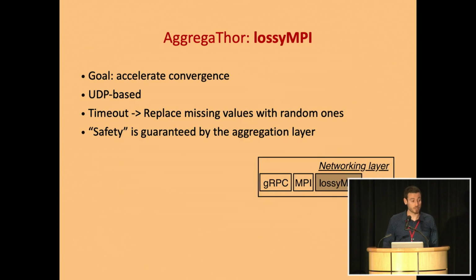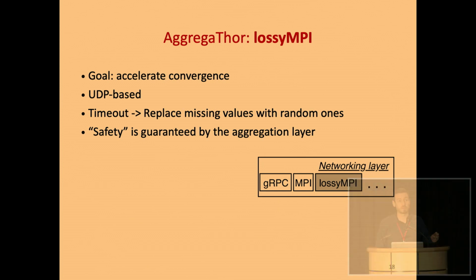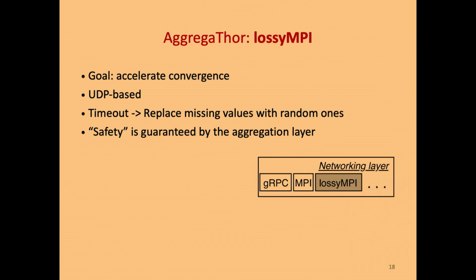We call it lossyMPI. It's a new networking option we give as an alternative to gRPC, which TensorFlow employs by default. Here, further up in the software stack, we have this aggregation layer that gives us a safety guarantee for our algorithm. So we know that no matter what happens below, we can tolerate up to F faults,